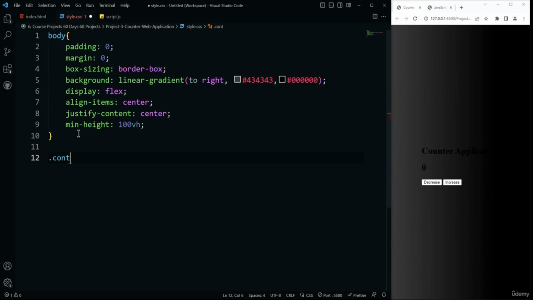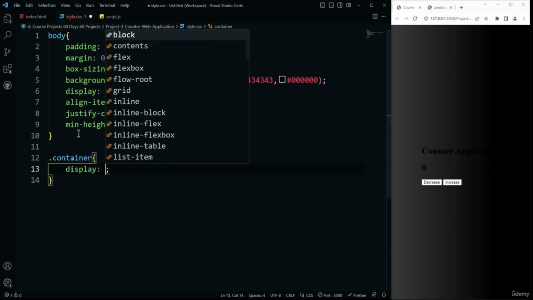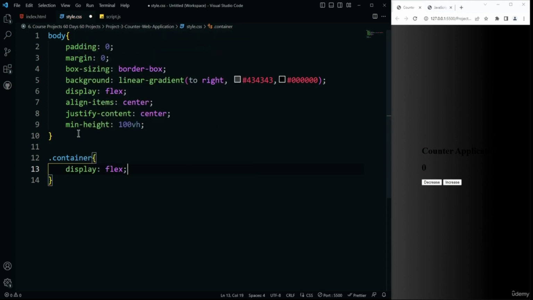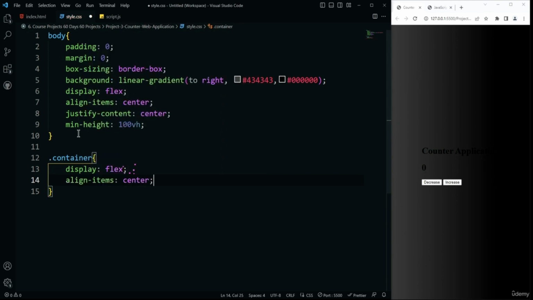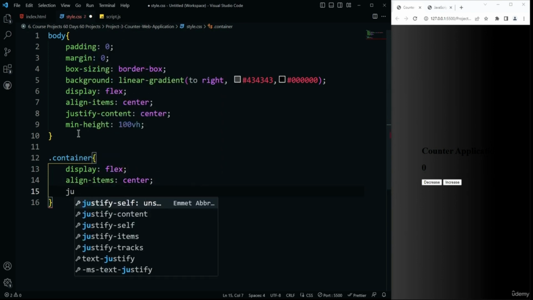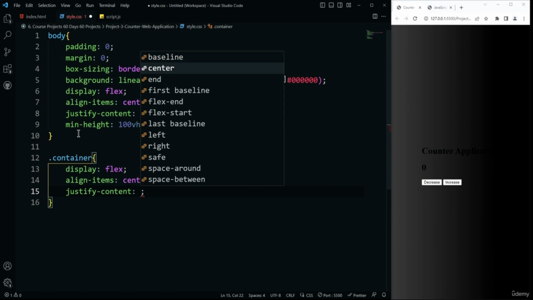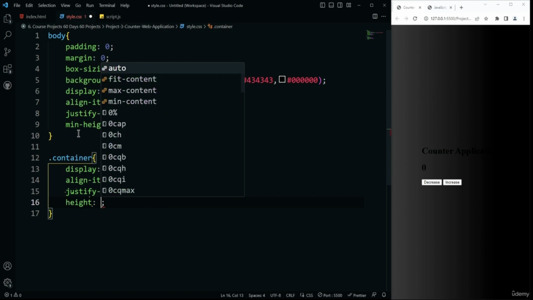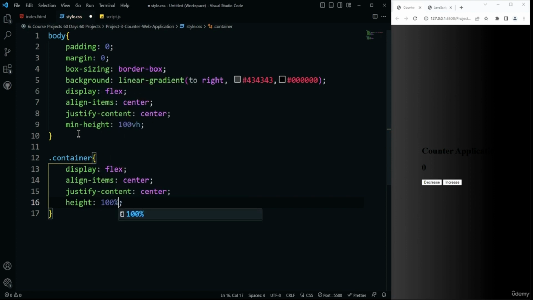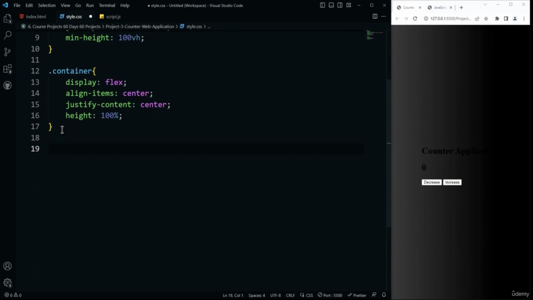Then we need to select the container, and then to start its block of the code. So the first thing is we need to set the display to flex, and after that we need to set the align items to the center. So then we need to set the justify content to the center as well, and after that we need to set the height to 100%. Alright, so this is for the container element, and then we need to set the card element,